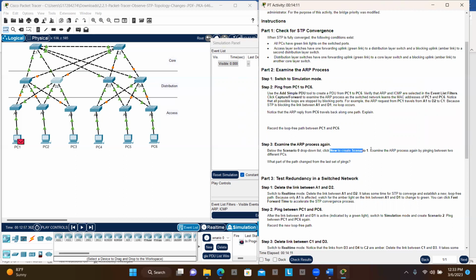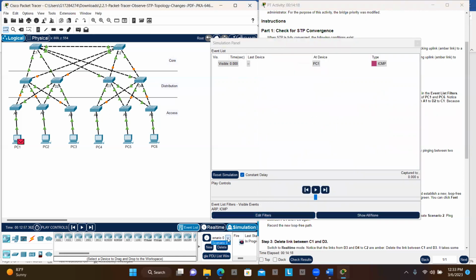It says click here to create new scenario one. So let's go in scenario, let's make this one. So it says in scenario one,